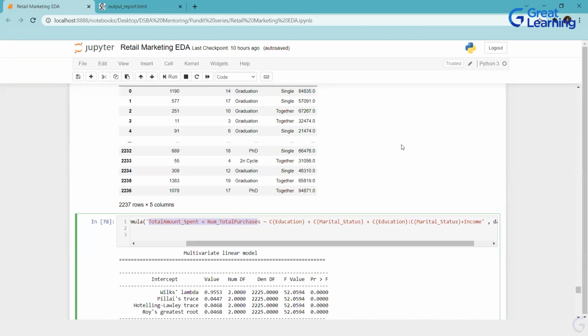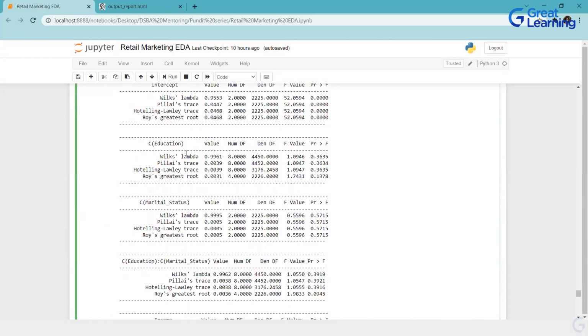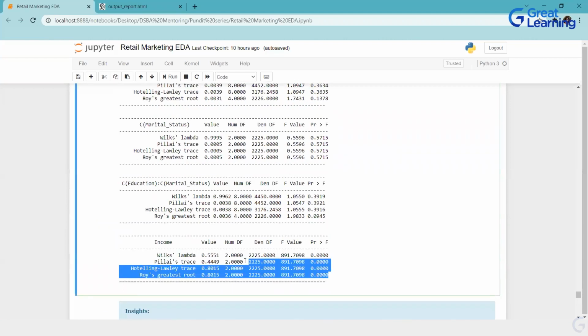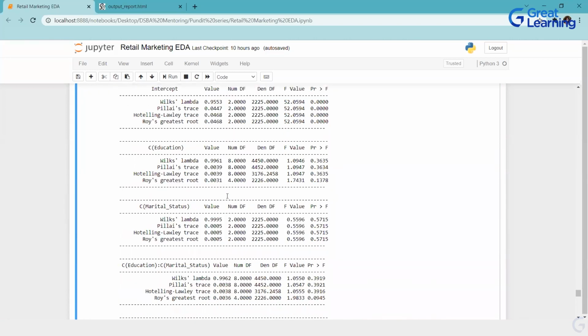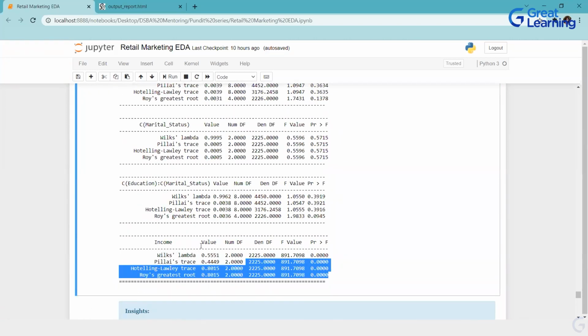How can a variable be significant earlier and later become insignificant with the addition of another variable? Okay, see, if you analyze, education is based on income. I know that I'm taking income, which is overriding my education. Thus education alone is not significant, because it is overridden by income. It is the same part. Is income considered as categorical and automatically converted? No, it is not categorical. I'm taking it as continuous only.